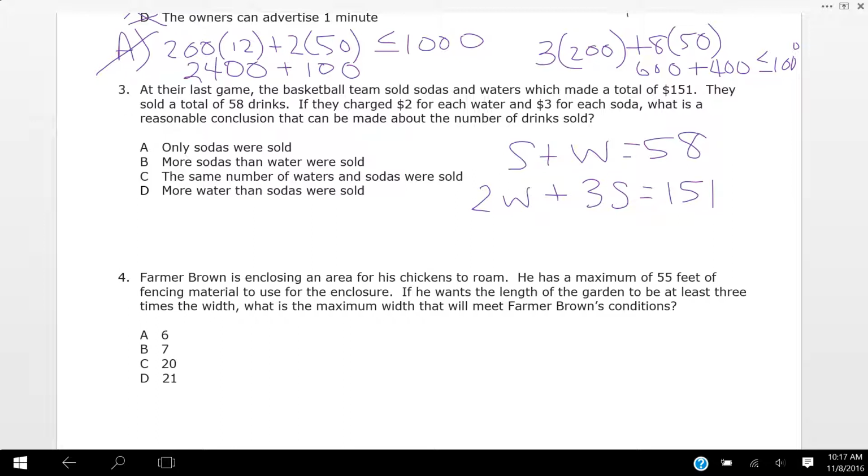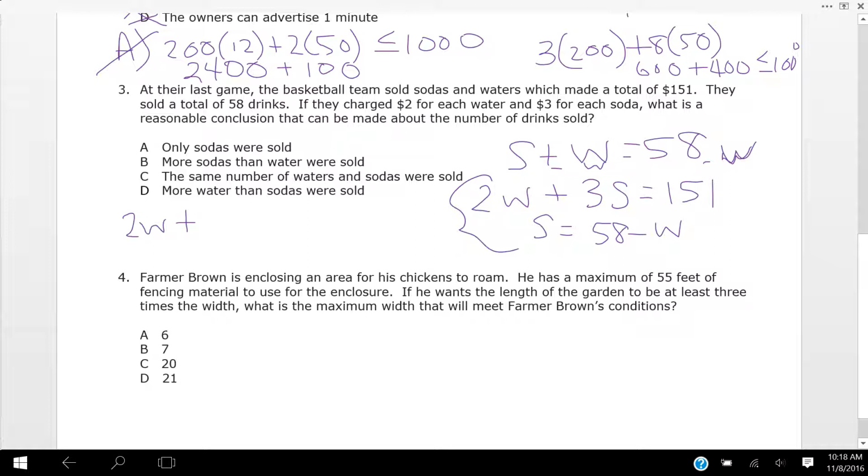So I'm going to go ahead and subtract W from both sides. So I have S equals 58 minus W. I'm going to substitute in 2W plus